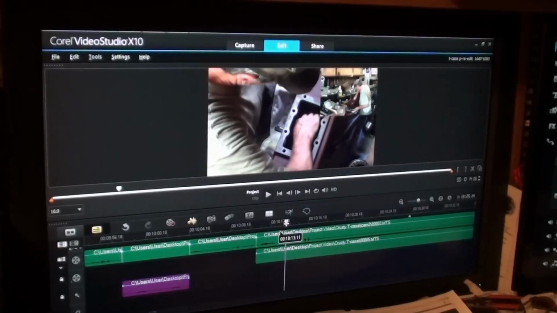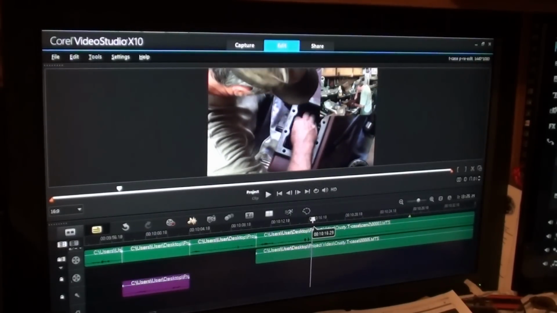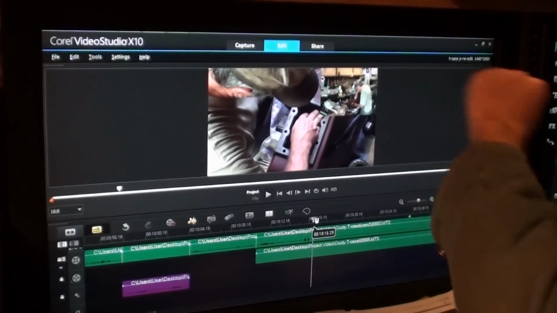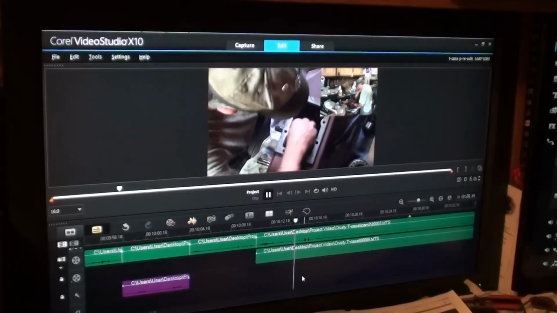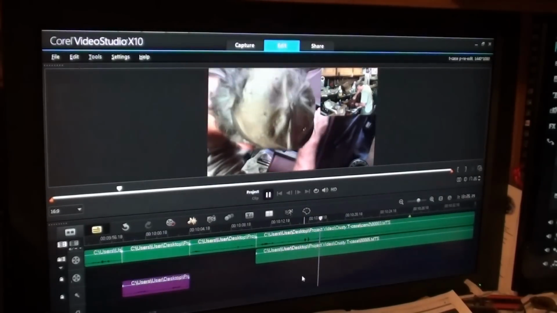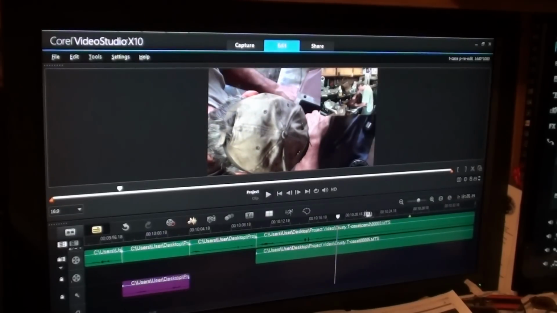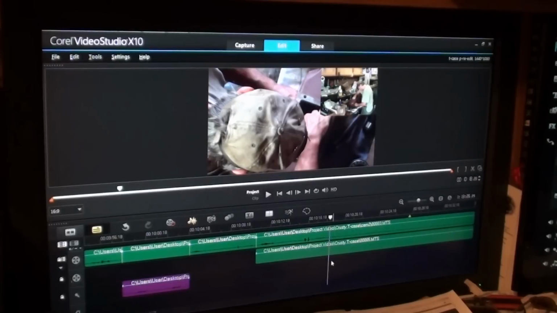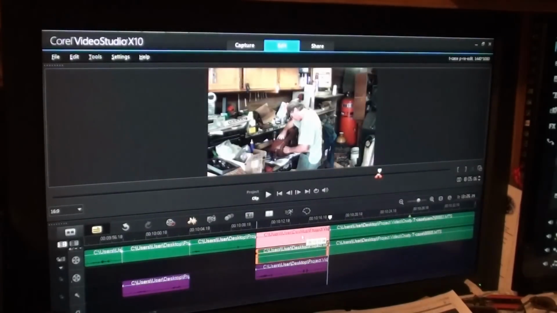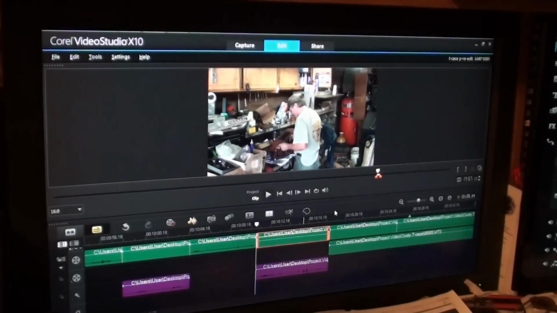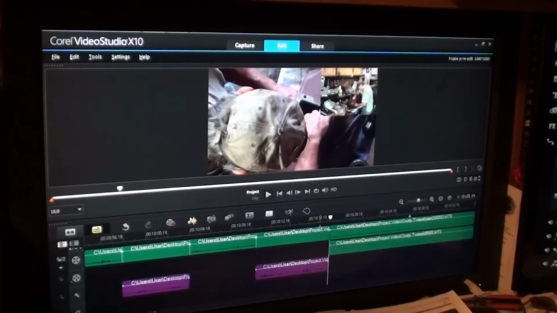Here I'm going to take me from there, from the side. So I'm going to split that there. I have to unlock the ripple editing. Right click on my track, split the audio. This is what I want for the camera angle, which pushed the timeline over, so I want to take this and delete it, and that moves the timeline back up.